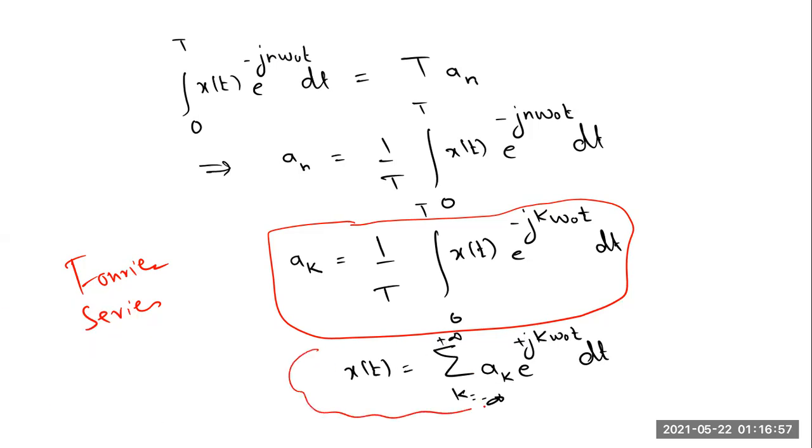So Fourier series will always correspond to these two equations. And sometimes we use some names for these two equations, okay? So the first equation, which is representing ak, the Fourier series coefficient or spectral coefficient, it is known as